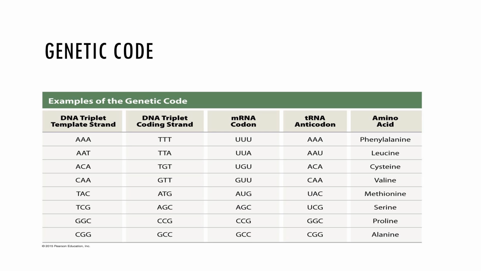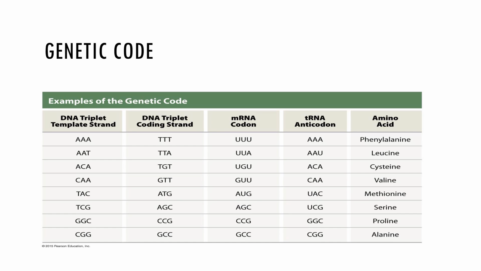Here you can see the genetic code. One of the things about the genetic code is that, remember, in DNA, we have thymine, and in RNA, we have uracil. So we have our DNA triplet template strand. The coding strand of DNA that matches up with that, if the base was adenine, adenine, adenine, would be 3 bases of thymine. Now, when we make our messenger RNA